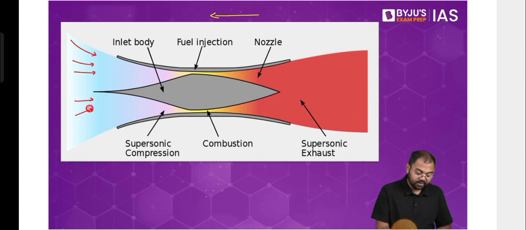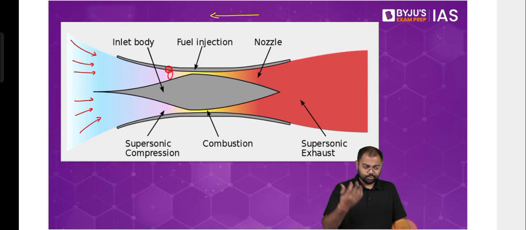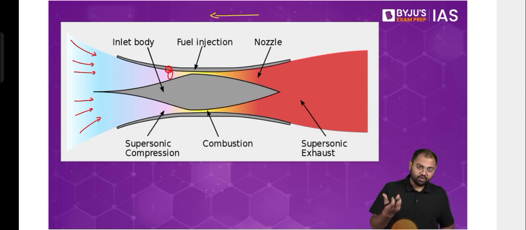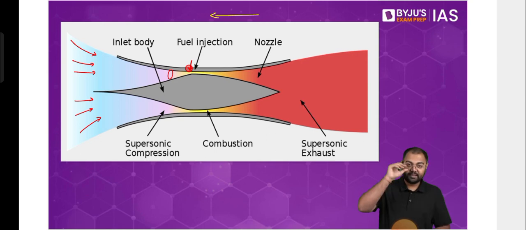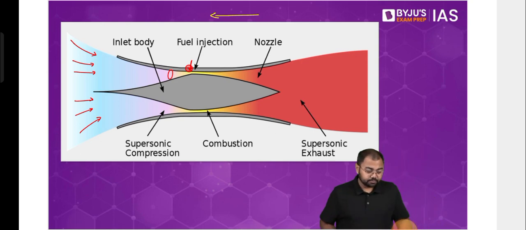So now this air gets compressed here. It's already at high temperature because it is also moving very fast. So we have high temperature, and this air, of course, has a lot of oxygen. As soon as the fuel comes in contact with the oxidizers, the temperature is already high, so the combustion starts, and hence the engine will keep moving forward, and it will keep having the oxygen from the atmosphere as an oxidizer. This is how we see that scramjet works.